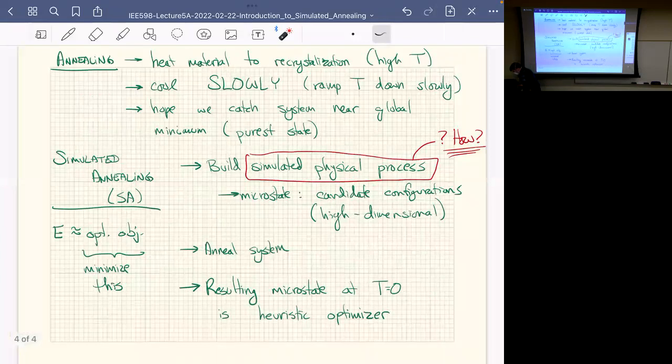All right, so before we get into this problem of how we build these physical processes, are there questions about this? I think I see some new questions online. All right, so